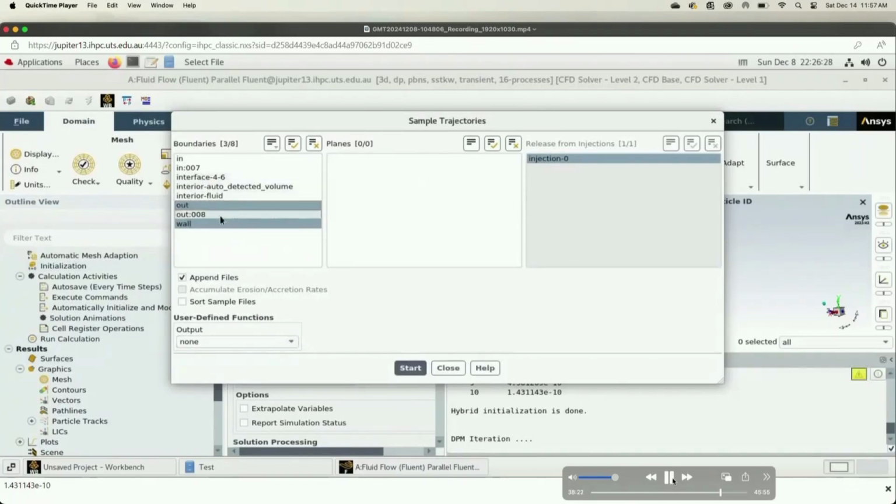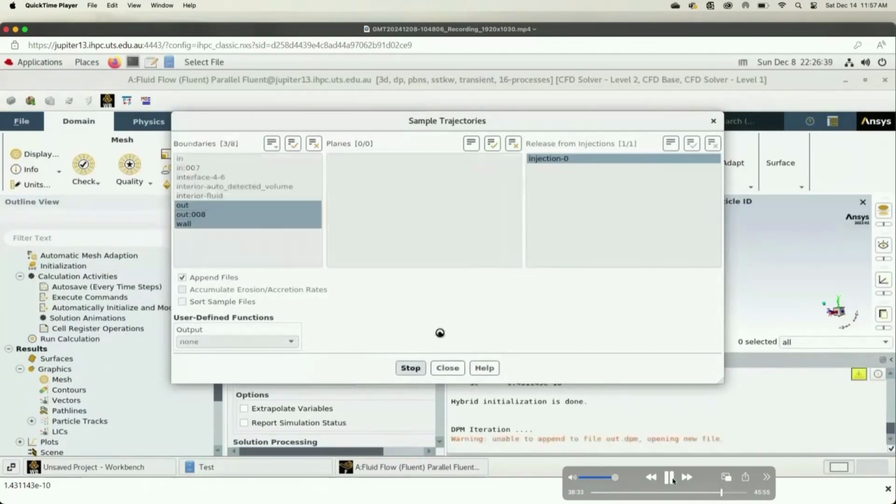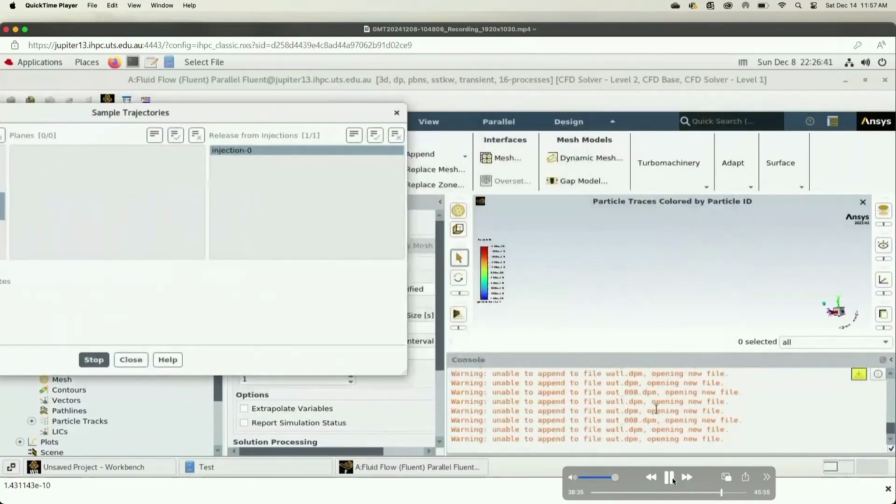Maybe we'll just go with out. We also want to see the particles that escaped, that passed through this outlet surface. So start. Now you'll see a warning